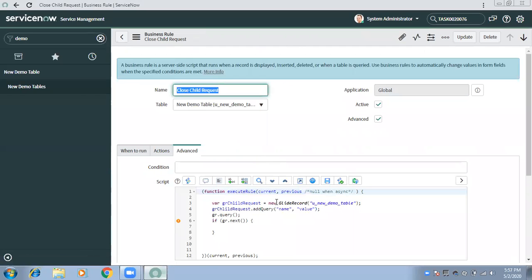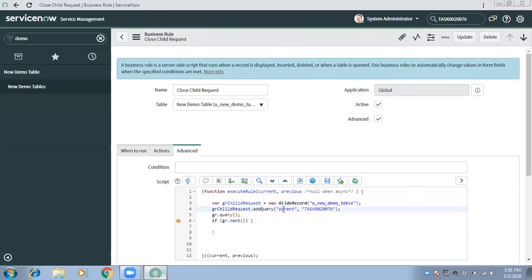So first thing in our pseudo code was to go to that table. This first line we wrote for going to that table. Second line, we need to tell, okay, from that table, you need to get only these specific records. For that purpose, we use addQuery. And in addQuery, we need to tell the field we were selecting when we were putting the filter, the parent field, on which I need to run a query. I will say where parent is this. Same thing I wrote, right? You got this line, right? That is what we were doing in the list.